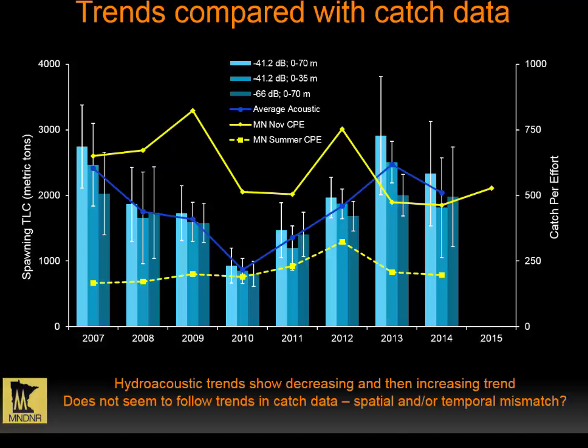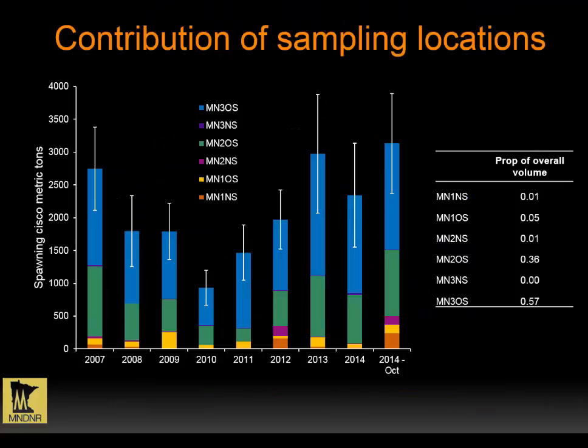This could potentially be a spatial and a temporal mismatch. I think it's important to recognize that the commercial catch is more of an integrated sample over time, whereas the hydroacoustic sampling is really a snapshot. But another issue is potentially this idea of extrapolation. So when we go out and sample with hydroacoustics, we have density estimates from certain locations, but we need to extrapolate to areas that we haven't sampled in order to come up with an overall population. And we do this volumetrically, and in the Minnesota waters, MN2 offshore and MN3 offshore comprise the majority of the volume of water. And so they overwhelmingly contribute to the